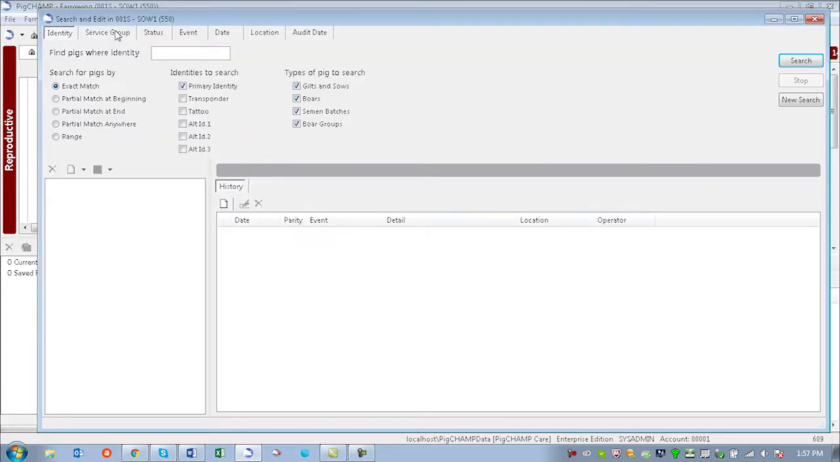In reproductive, one of the most used searches is by identity. Pigs can be searched by primary and visual identity. You have the option of searching by the tattoo recorded as well as additional identifiers such as the transponder RFID and alternative identifiers. Select all that apply. Verify the types of pigs for your search: gilts and sows, boars, semen batches, or boar groups. If there's a type of pig that you do not wish to search by, deselect by unchecking the box next